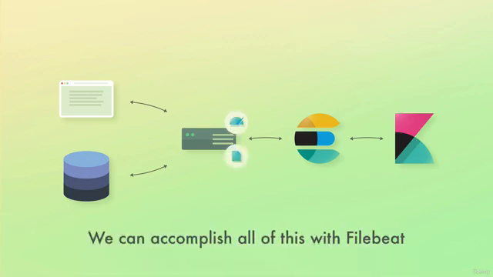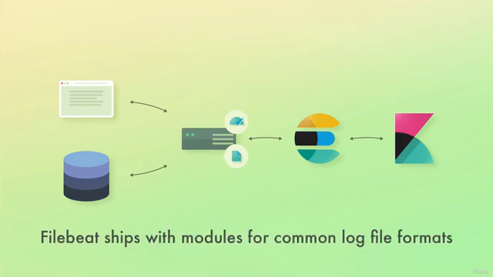Filebeat is a perfect tool for this job. All we need to do is to start up Filebeat, and we'll have our logs processed and stored within Elasticsearch, ready for analysis within Kibana. Pretty easy, right? Filebeat has built-in modules for this, which takes care of the heavy lifting in terms of parsing the logs, handling multi-line events such as stack traces, etc. So for simple use cases, we don't need any configuration to get this to work.